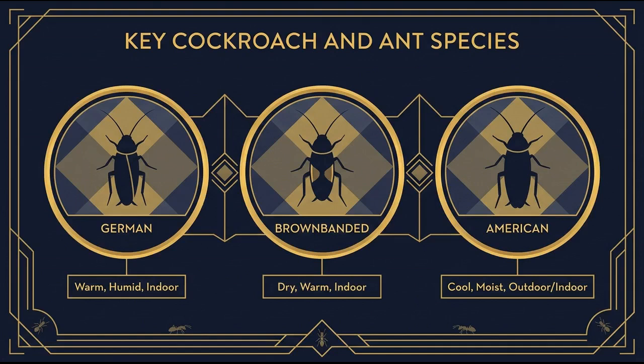The Argentine ant is California's most common structural pest ant. It forms massive, multi-queen supercolonies with persistent foraging trails, meaning baiting and exclusion are your best bets. The odorous house ant is another trailing ant, easily identified in the field because it smells like rotten coconut or